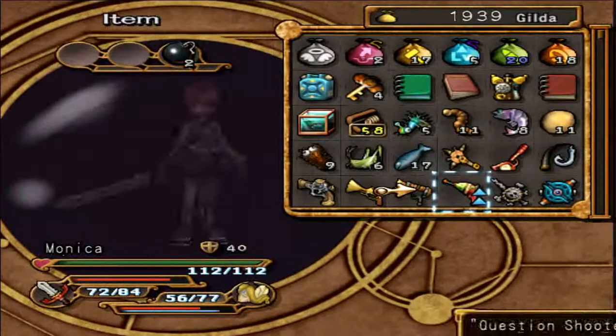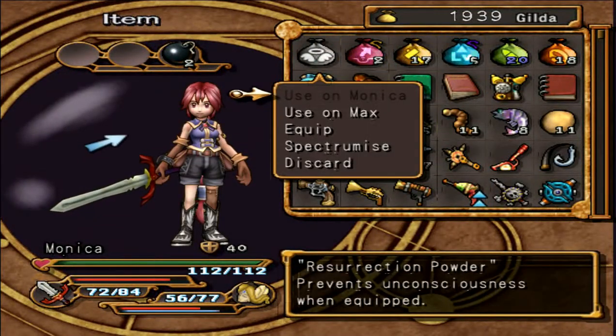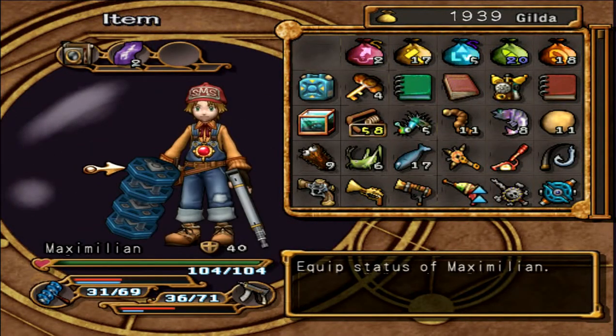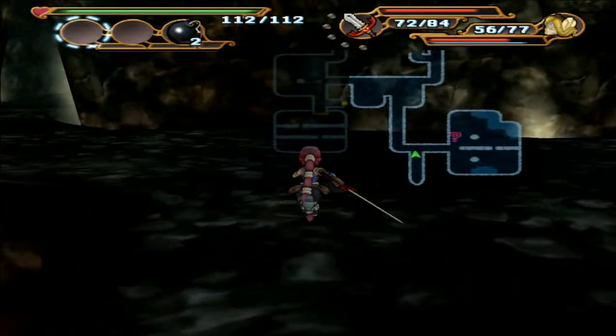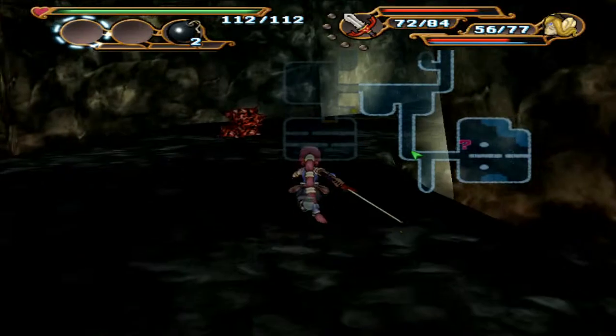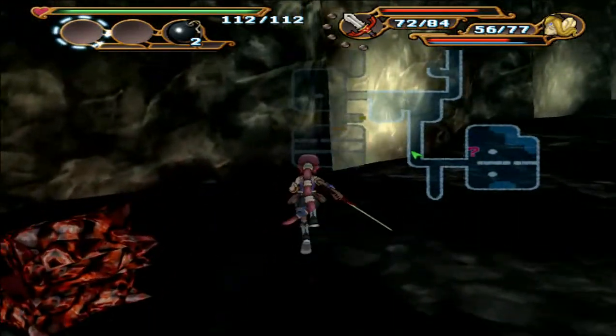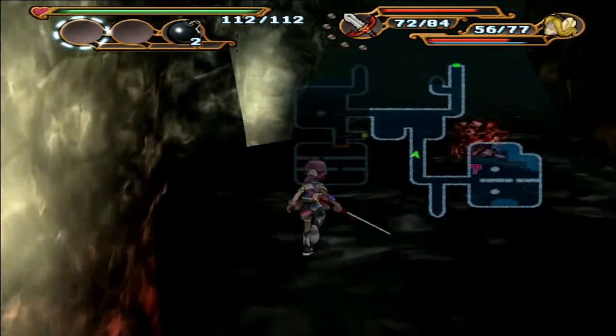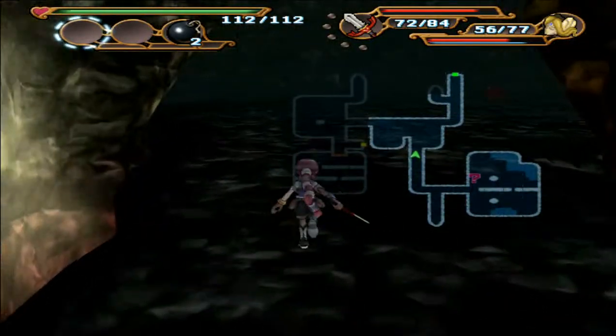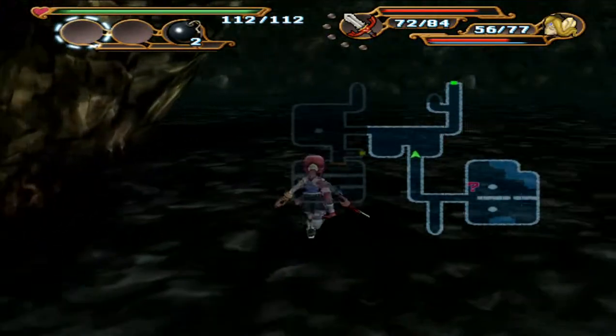Right, I'm going to use the resurrection powder because, unfortunately, we do need max for speeder and a few other bits, so we're now out of resurrection powders. And I didn't like where I've used either of them, actually. Oh well. Not much level to go, and we killed quite a few enemies already, so...